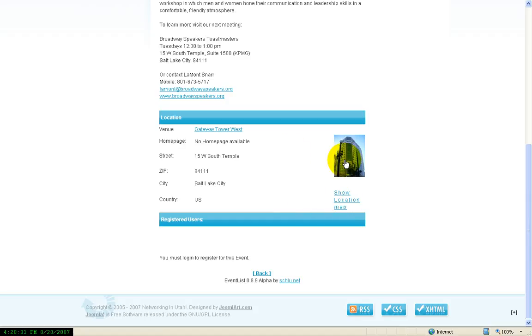So that's nice. And another cool feature that we have, at the bottom of the event listing, it says registered users. If we're logged in, which we're not, it gives the person the capability of actually registering for that event, which is nice because that event will be listed on the person's profile page. On her profile, it'll say events I'm going to, and then it'll list the event she registered for there. And it will also let the creator of the event know that some people